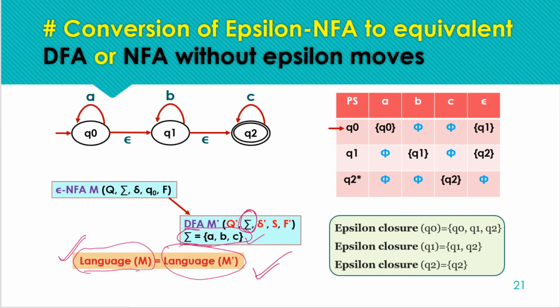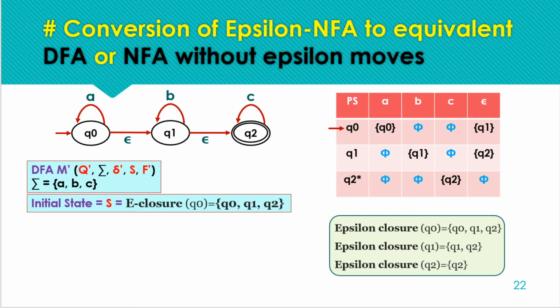In NFA to DFA conversion we were taking the same states as the NFA. The initial state was the same in the resulting and given NFA. But here we are having only the input symbols to be considered from the given NFA. The rest we have to calculate: the initial state and all other states, right?